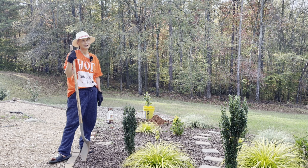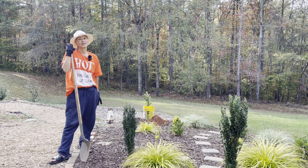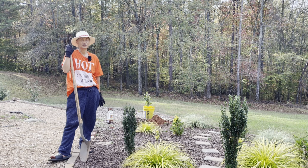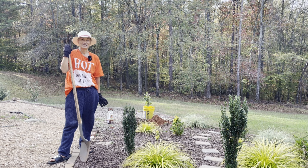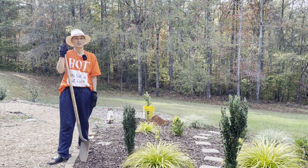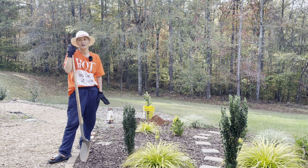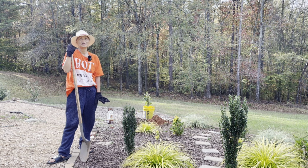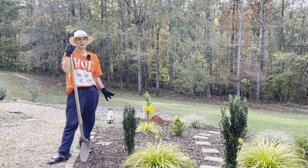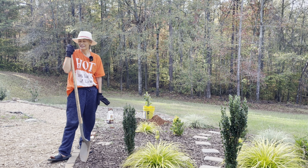I planted it in the back where the tree line is, thinking that it would have some protection during the winter, but for some reason it has not done well. Even the leaves, in the few years that it's been in my garden, it really hasn't taken off like I expected it to. So I told myself I was going to transplant it to the front garden this season, but unfortunately,